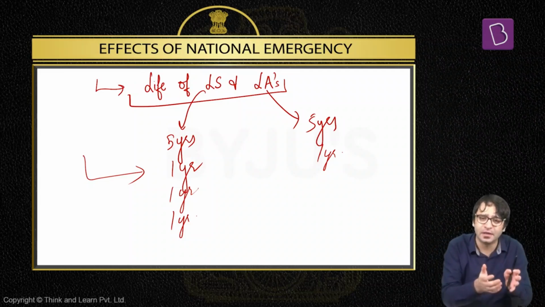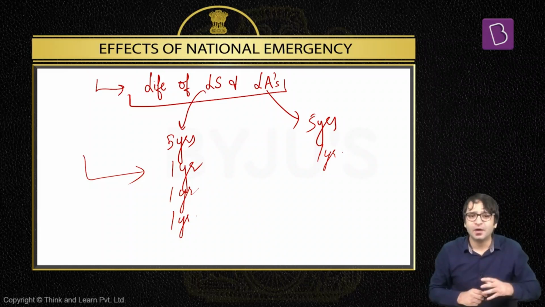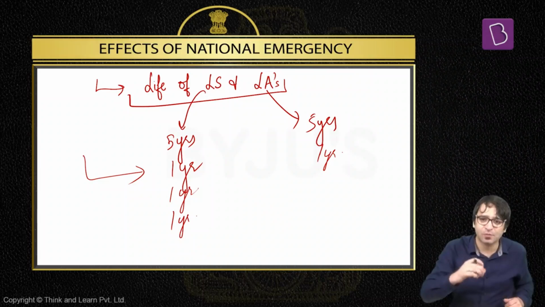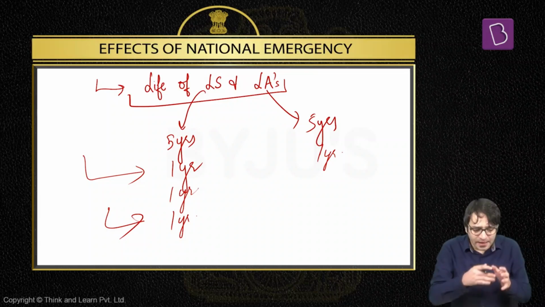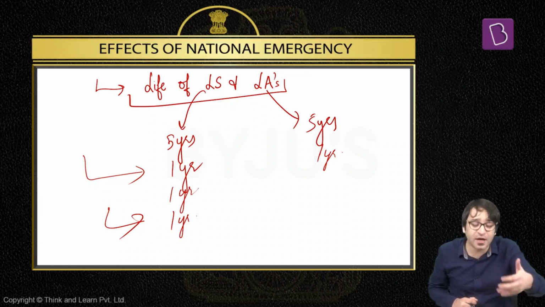So when we don't have an upper limit on the number of years national emergency can continue in this country, in a similar manner, we do not have an upper limit to the number of times we can extend the life, the duration of Lok Sabha and legislative assemblies. But you can extend it 1 year at a time. Which means if you want to continue with this national emergency, approve it for 6 months, then for another 6 months, then for another 6 months.